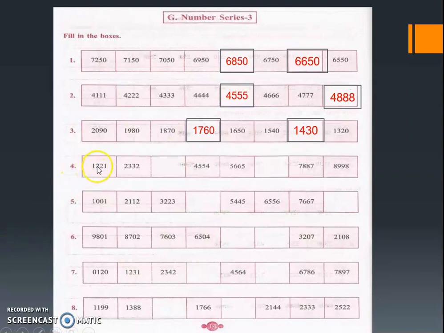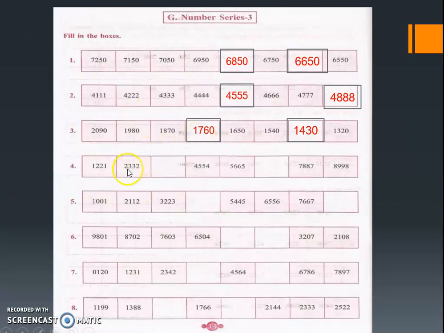So next one, 2122, 1233, 2. If I am checking this, four numbers are available, right? So the first number is getting added 1 value: 1 2 3 4 5, like that. The second and third values are getting added 1: 22, 33, 44, 55, 66, 77 should come, right? Likewise 1 2 3 4. So the first and last values are getting added with 1, and the in-between values are added with 1. So all the values, if I am adding 1111, then I will get the next value.